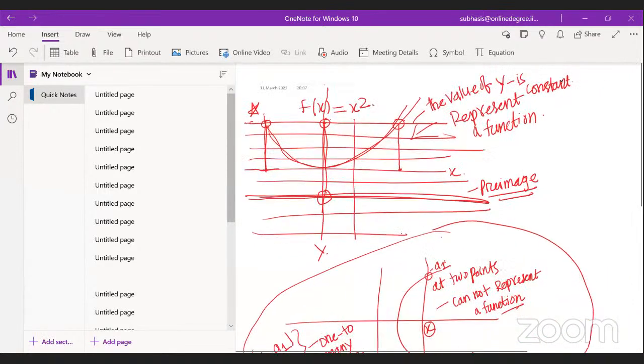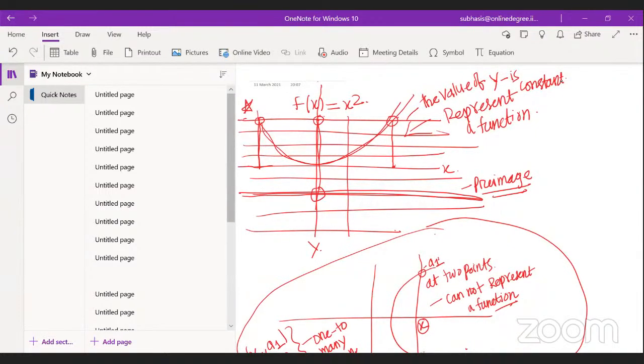Is it clear? So what I understand is, if a horizontal line is not having a pre-image, then it's not an onto function. Yeah. If your function is from R to R,